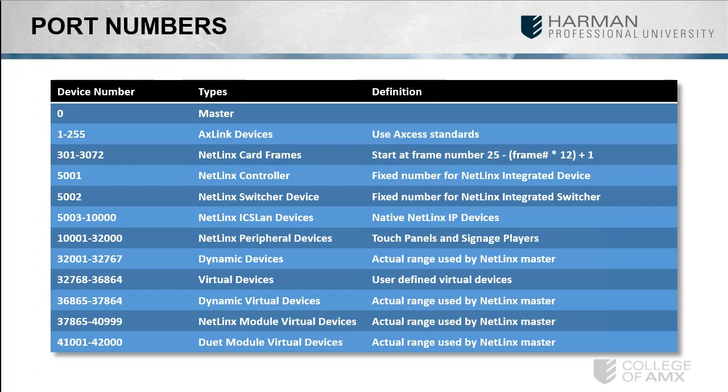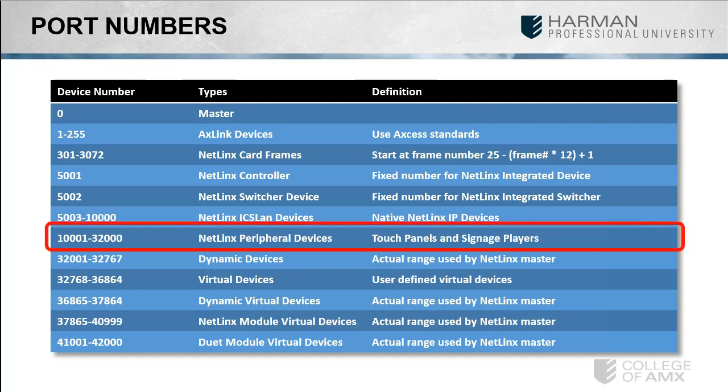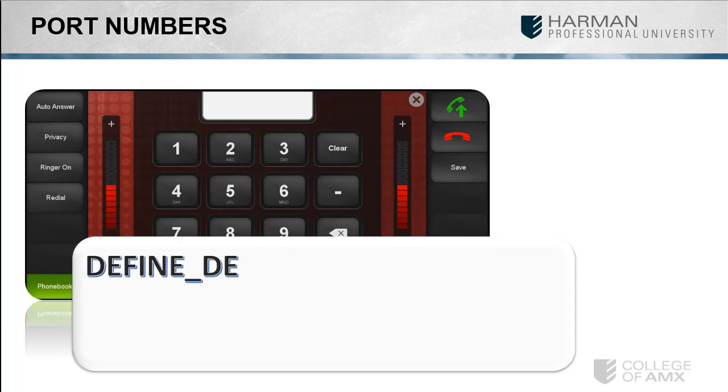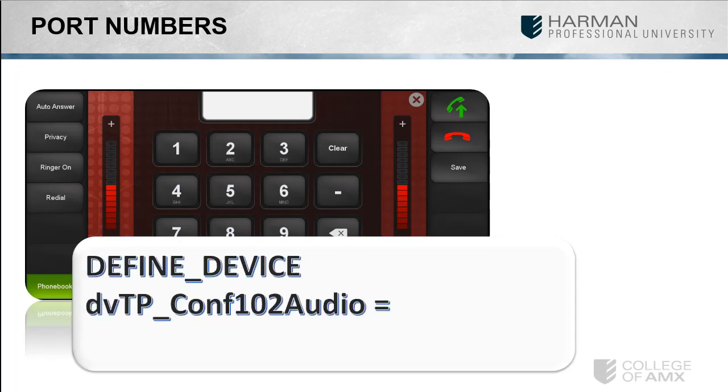Next are Modero touch panels, which start at device 10001. An important note about port numbering for touch panels is that a unique device must be defined to represent each port on the panel you want to use later in your code. For example, if you place all of your audio system control buttons on port 4, then in define device, you would write